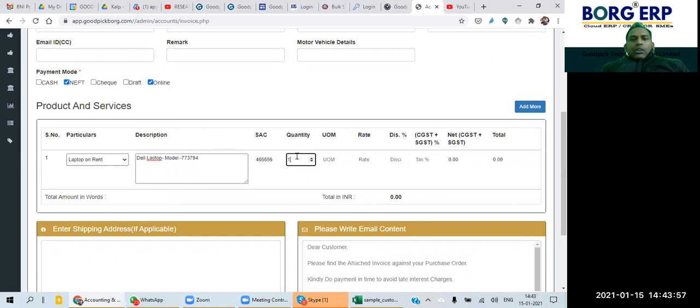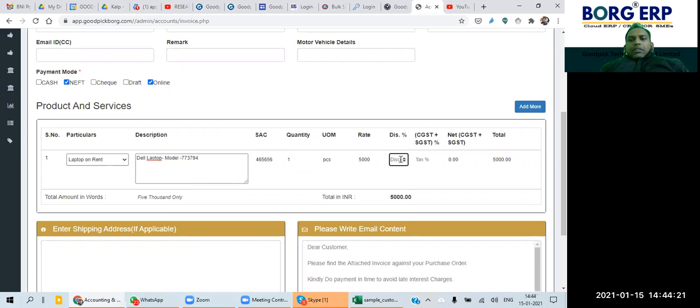For example, I'm putting one quantity, and I can put pieces. Okay, if it is already there in the service master, it will come automatically. Unit of measurement. Then rate, for example, I'm just putting 5,000 rent.